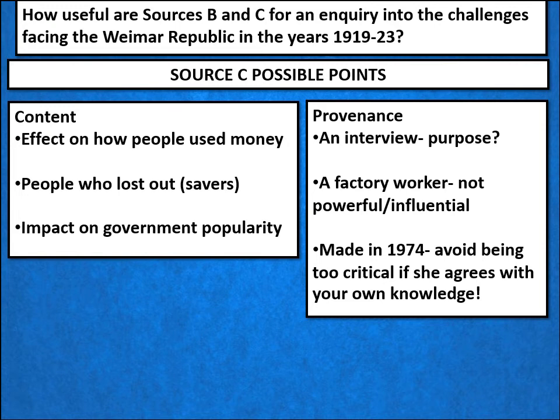A useful tip here, when you're discussing the provenance of the source, is to try not to be too critical and not reject sources in terms of them being biased or made too late. It's easier to pick up marks if we're positive and we look for the strength in a source rather than to reject it. It's really unlikely that our examiners are going to give us sources that are no good for the inquiry that we're looking at. It's much easier to pick up marks looking for positive aspects of the source and for things to talk about along those lines.